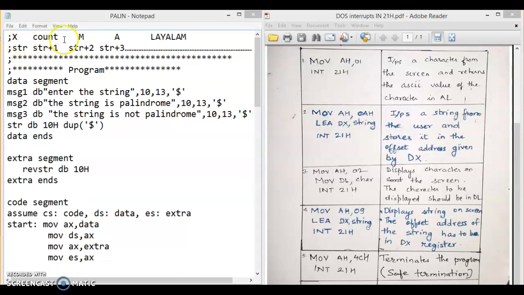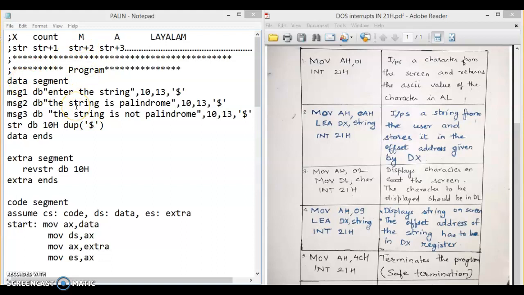The count of the string is actually calculated by the assembler and is no more a headache of the programmer, and it is automatically loaded in str plus 1. So here Malayalam will have 9 characters, so this count is 9, which is calculated by the assembler, and your string actually starts from str plus 2.